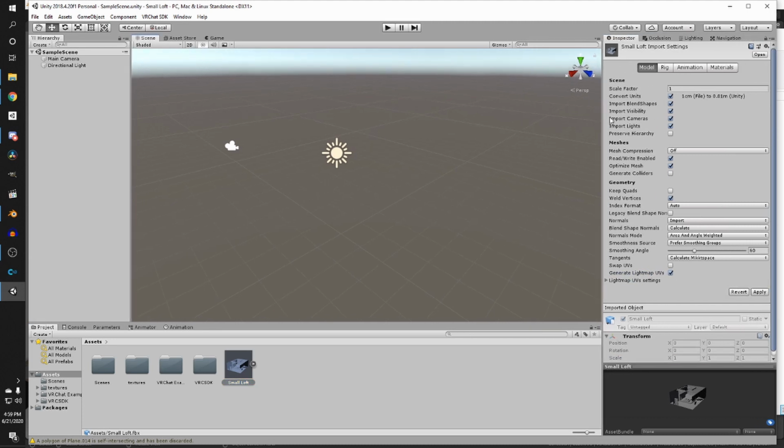I'll move this out just so you can see it. Generate Lightmap UVs. Press Apply. This is going to create the UVs for the light map, just like it says. So when we bake our lighting,